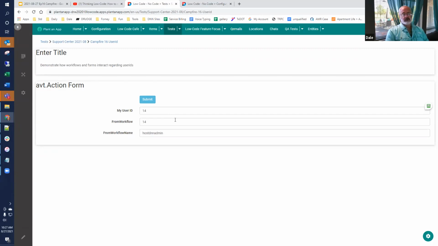In my case, I'm displaying it on screen. I'm also save and testing the workflow and outputting information, but you can also use things like putting things into the error log, or using a display on an action form to see what all the variables were. We talked a lot about debugging last week, so there's all those options.